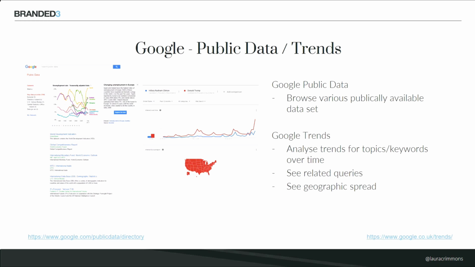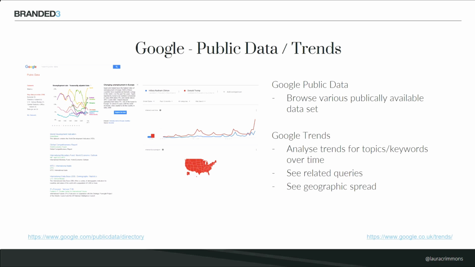Google Trends also really interesting to take a look at, looking at trends for particular topics and keywords over time. So if there's something that's trending at the moment, so for example, we were looking before at the whole clown trend, the killer clowns on the loose. If you take a look in Google Trends, one of the girls in my team was looking at that, and there's been a massive spike in terms of people searching for clown masks and things like that after that. Not the best trend to see, but there's various other ones we can look at that are great. Within this, again, we can look at related queries.